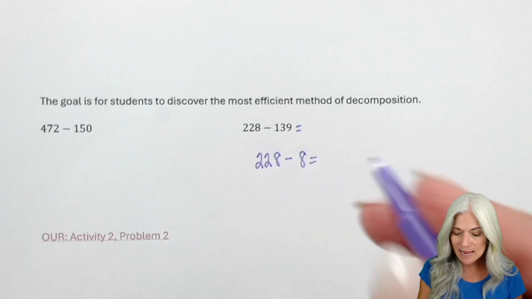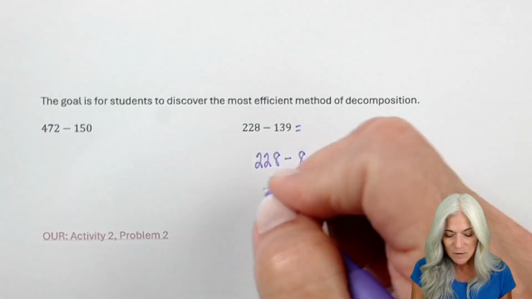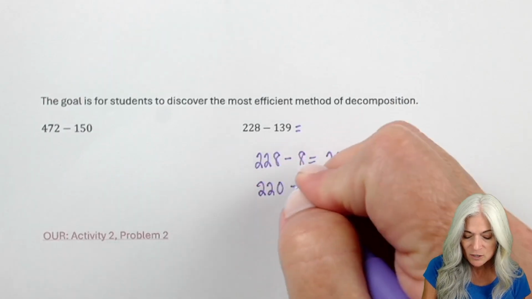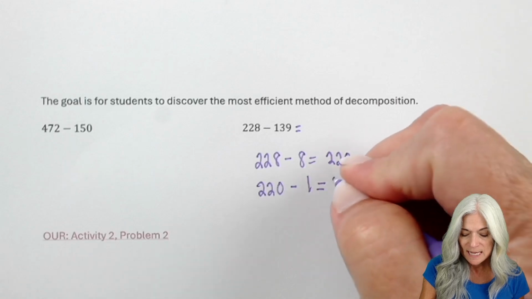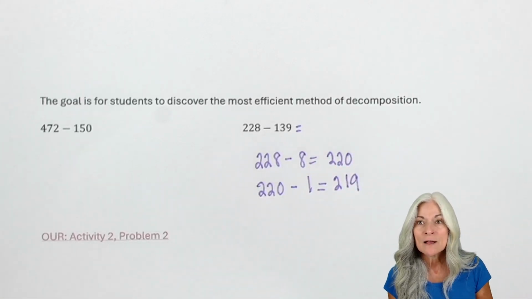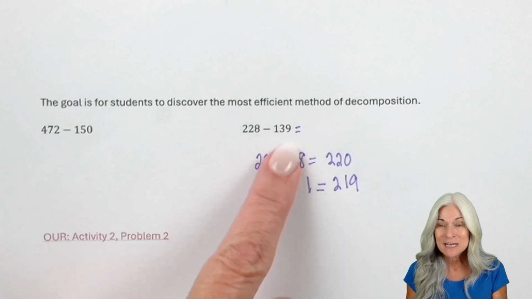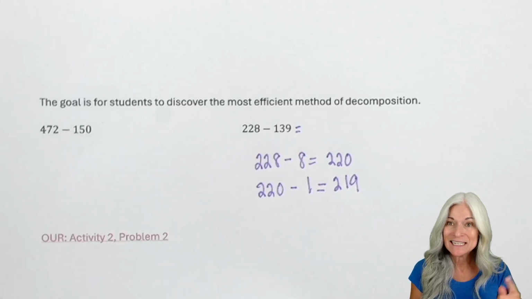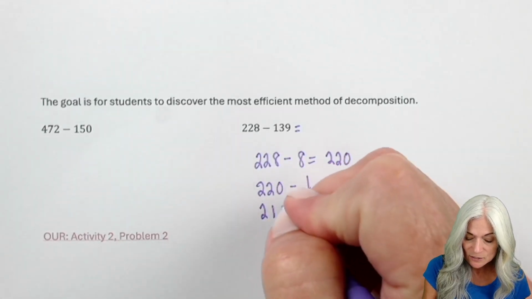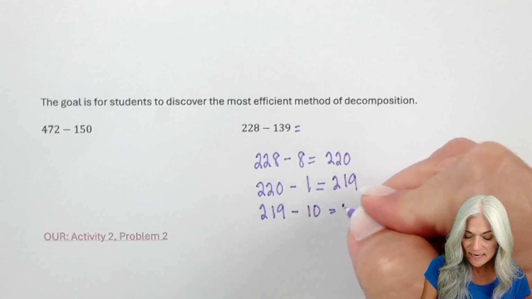All right, we took away 8 ones. That got us to 220. All right, what did we do next? Well, then we took away another one. That got us to 219. And okay, so what did we do next? Well, next, remember we had the 110. So we took away 10, 219 minus 10, and that gave us